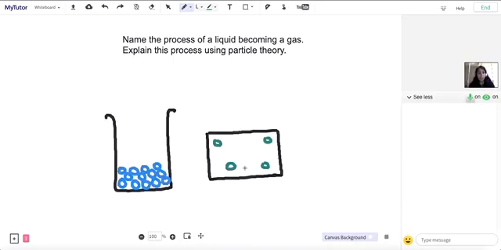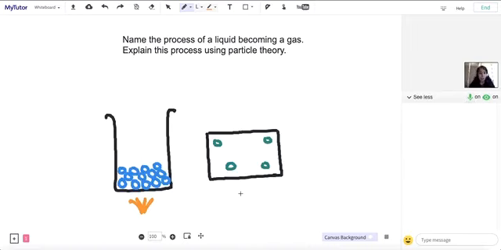So to explain the process of evaporation, we have to start by heating our liquid up. So if we imagine we have a Bunsen burner underneath that liquid, and that Bunsen burner heats up the liquid particles so they gain energy. As these particles gain energy, they start to move faster, and therefore the bonds between the particles start to break. This then means that these particles will start to rise to the surface of the liquid and escape as gas